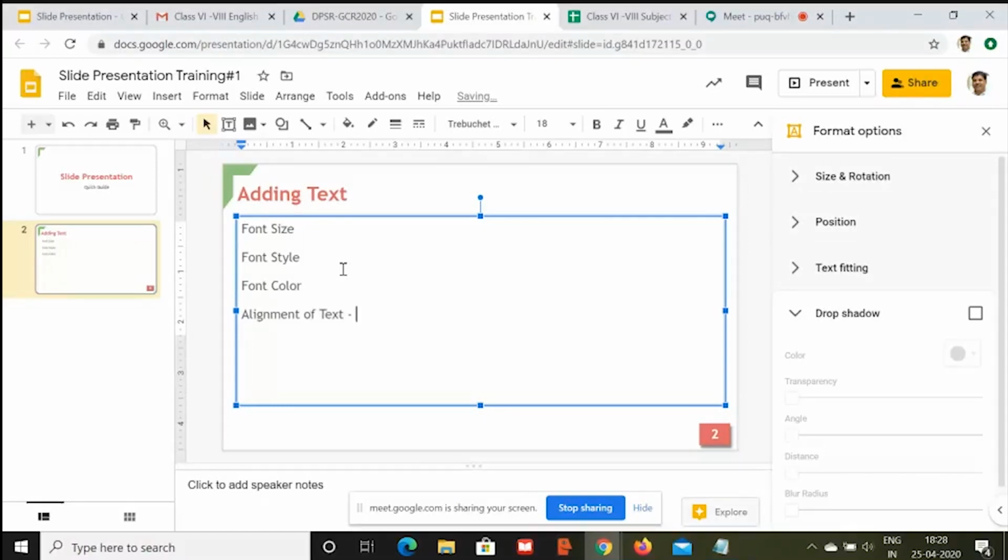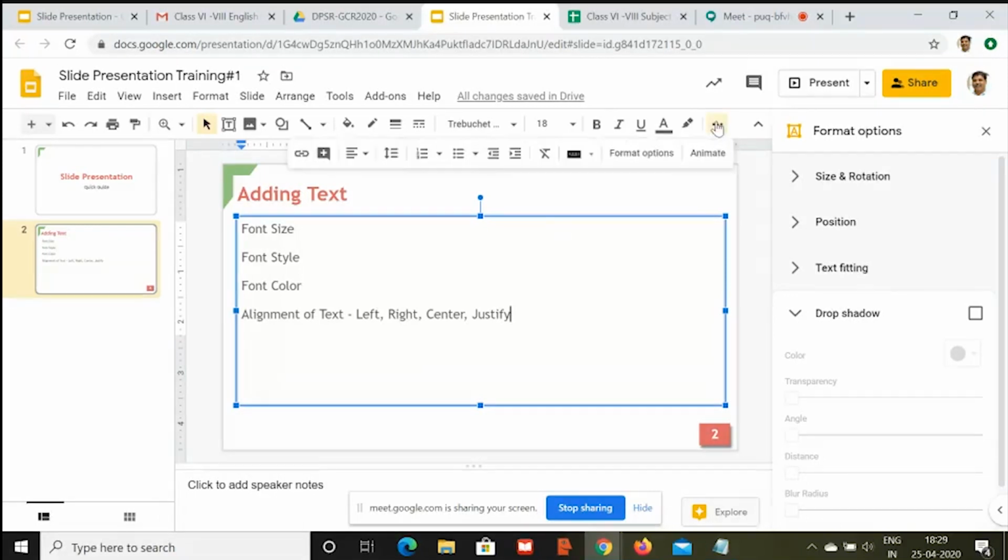That is left, right, center, justify. These are the alignment options. So how do we do that? We just select the text and then go to this area and I select left, center, right, and justify.